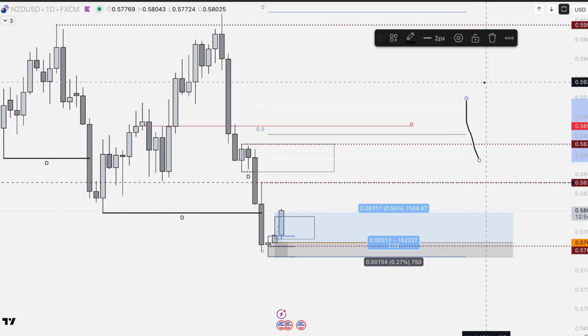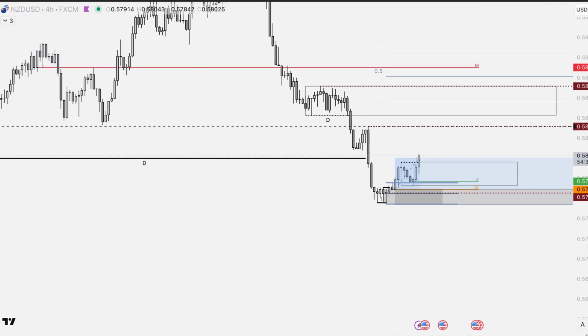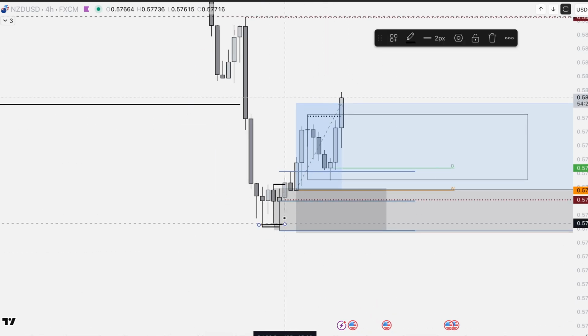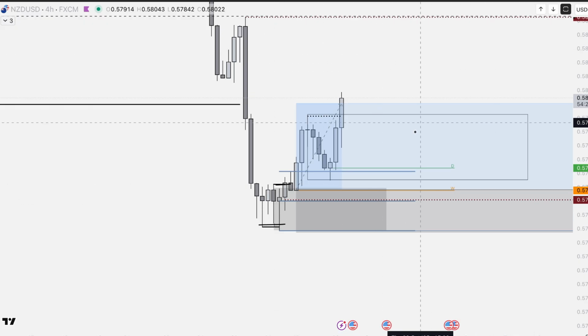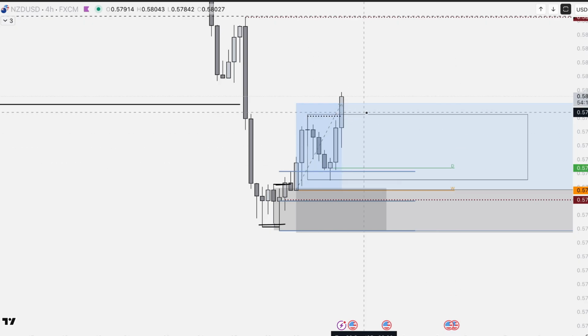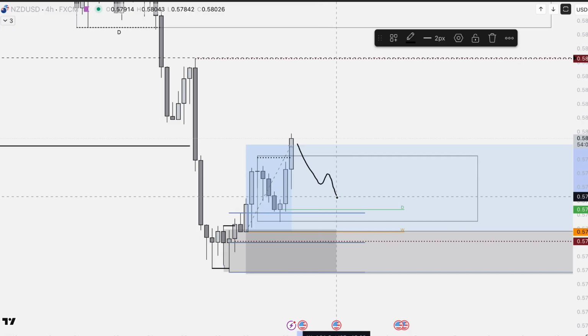And when we now look at the 4-hour time frame, you can see that we had a 4-hour fractal structure break. Here the break down and here the break up. So this demand was in control. Then we had here the break up. So now this demand is in control. So I will look for further long trades, maybe after a pullback into this demand zone,